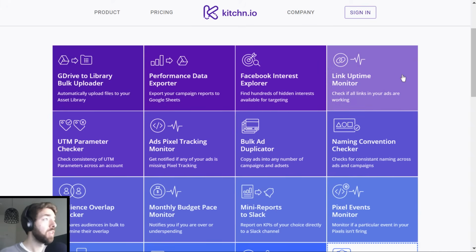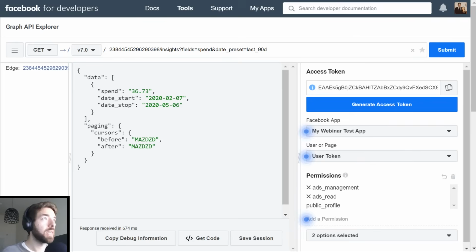So this link uptime monitor essentially does that for you for an account for all active ads. But it's pretty easy to do the same thing for yourself. So obviously we need maybe 2 or 3 more webinars like these to get there, but I'm pretty sure you could. So what I want to figure out now is how do I actually get to this URL, and for that we will always on